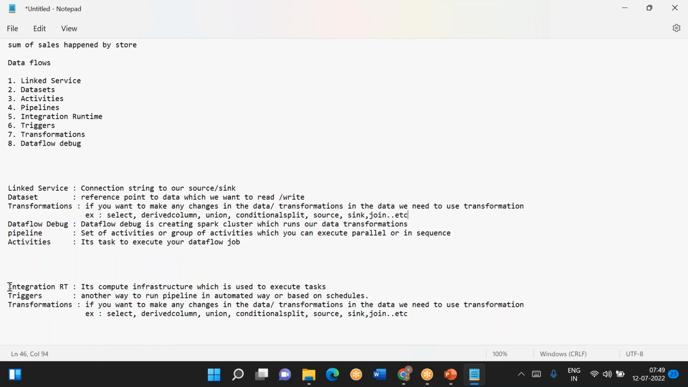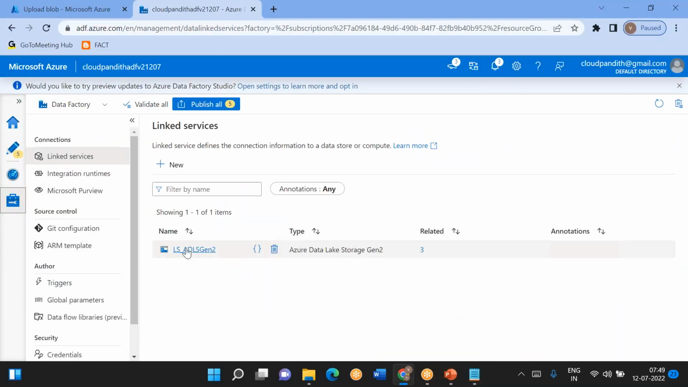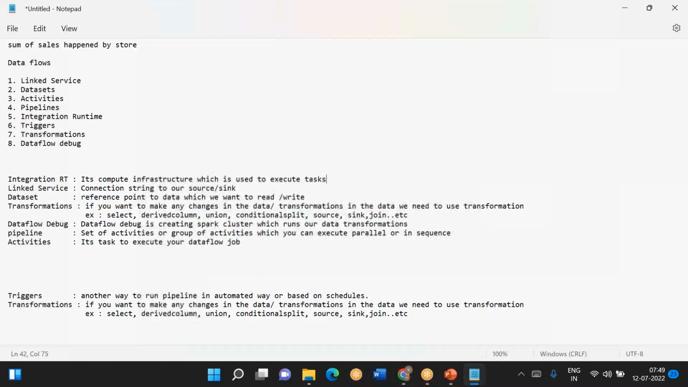Now, where is the integration runtime? Basically, I have not mentioned the integration runtime, but the integration runtime will come before the linked service. See here, go to Manage, click on Linked service here, connect via integration runtime, because whatever you are creating, everything you created uses the integration runtime. Okay. Now, the activity is basically the data flow activity you are using to execute your data flow job. So if you want to run it immediately,